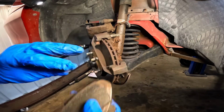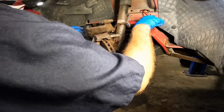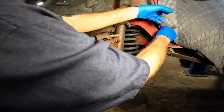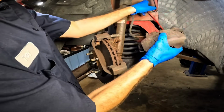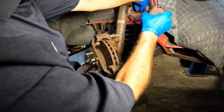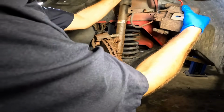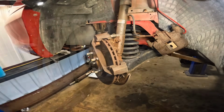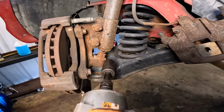Brake pads are good. Okay, let's figure out how to safely hang up this caliper so it doesn't fall down and damage the hose. Thinking through there, and then up on that bolt maybe. I don't like that. Here, we'll hang it off of the fender liner. There we go, perfect. All right, so because this ball joint bolt is kind of captured by these strut bolts,